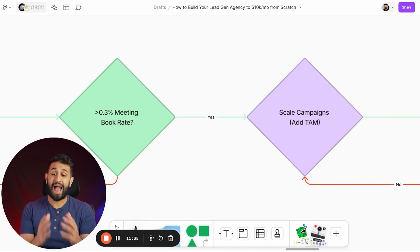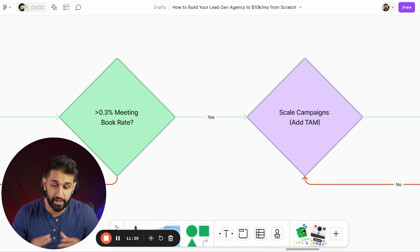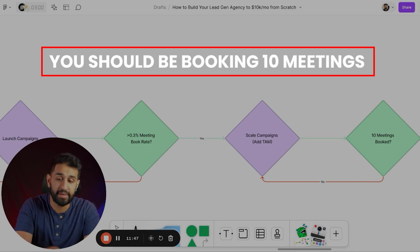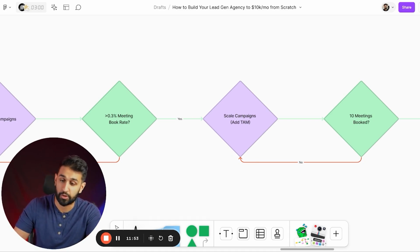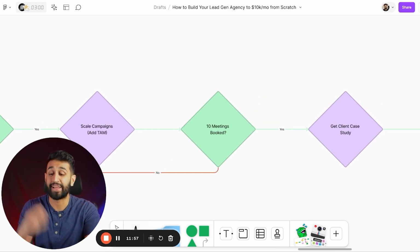And what I mean by add TAM is you want to add the whole entire total addressable market of your client into those campaigns so that you could scale. So after that, you should be booking 10 meetings. You should be able to book 10 meetings, okay? So if you haven't booked 10 meetings yet, you need to scale the campaigns, or you probably haven't scaled for long enough. But after you book those 10 meetings,